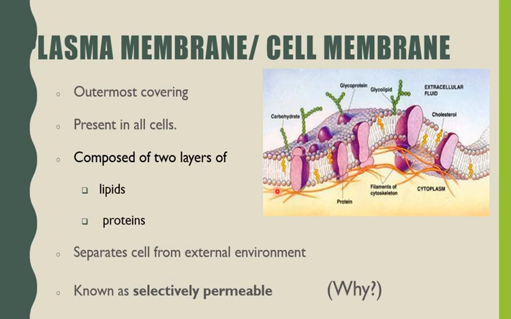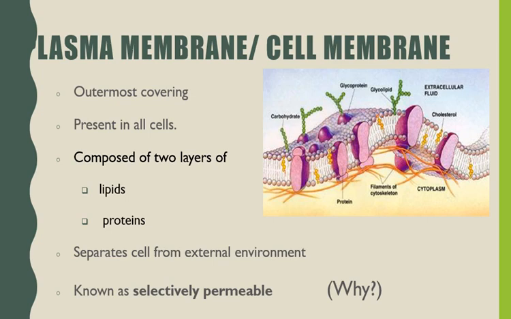But which substances will be allowed, it selects not on a single criteria but on multiple criteria. ऐसा नहीं है कि छोटा है तो उसको अलाउ कर देंगे, बड़ा है तो रोक देंगे. कुछ छोटी चीजें भी हैं जो अलाउड नहीं होती हैं और कुछ बड़ी चीजें भी हैं जो अलाउ हो जाती हैं. सेल देखता है कि what all it requires, उसको किस चीज की जरूरत है, वो सिर्फ उन्हीं चीजों को अंदर अलाउ करता है जिनकी उसको लगता है अब जरूरत नहीं है या जो उसके लिए नुकसानदेह हो सकती हैं,